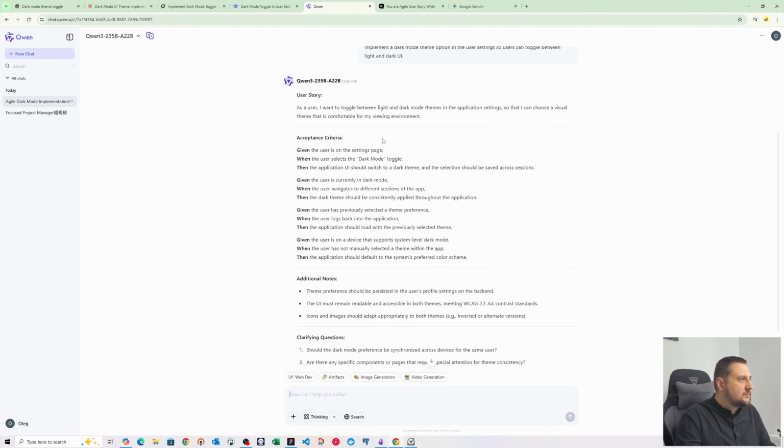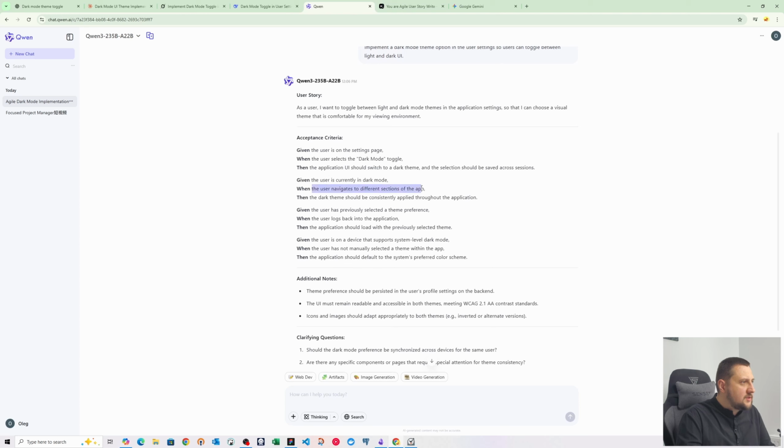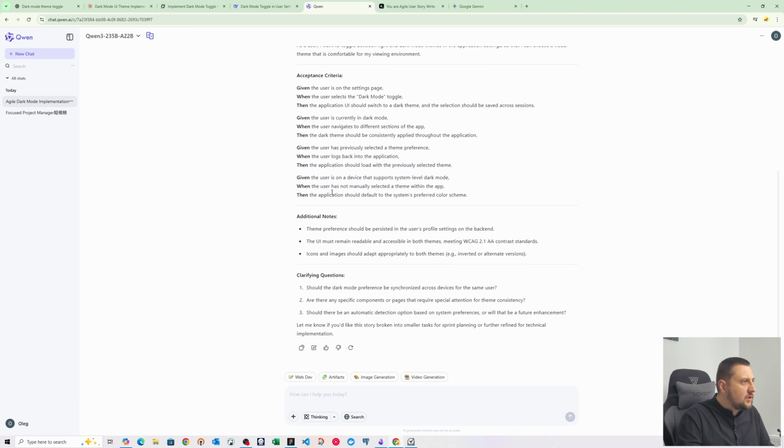And Qwen, whoa, big user story, acceptance criteria, toggle the dark mode, section, currently a dark mode, navigate different section, consistency of the dark mode, it's something new, we didn't have it before. Then select theme, log back to application, we had this requirement before, and device support. Oh, you see the Qwen did also some new requirements for our application, and there are some notes and also